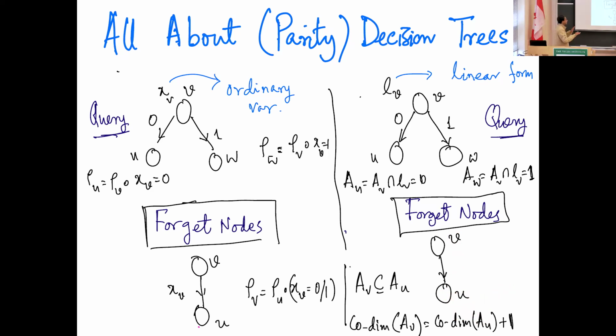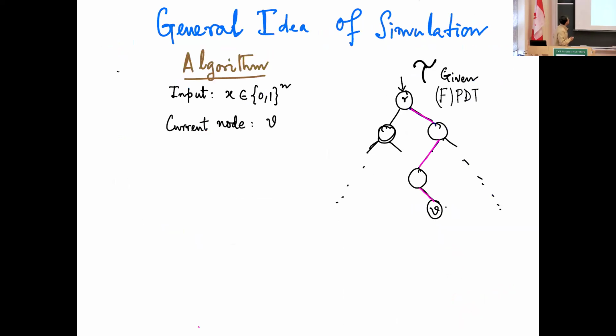We have abstracted out what a proof is, and we are only going to talk about forgetting decision trees and forgetting parity decision trees. So the lifting theorem would be: given a forgetting parity decision tree, how do I extract a forgetting decision tree? And the idea of doing this is as exists in the communication complexity literature. My task when I'm trying to prove a lifting theorem is to construct my decision tree algorithm, given in the background that I have a parity decision tree algorithm.